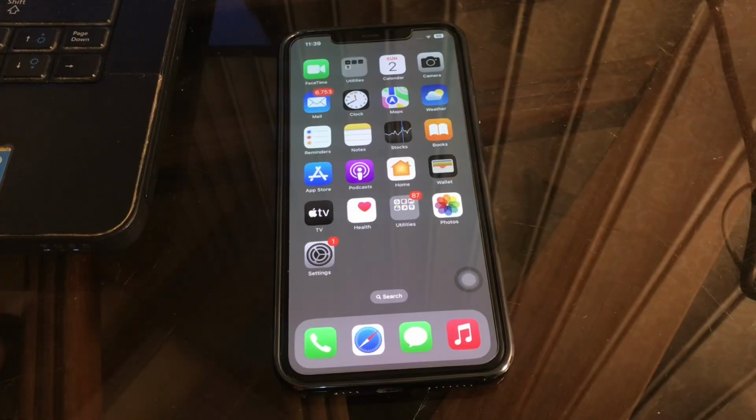So in this video I'll tell you how to find and delete hidden apps from your iPhone home screen. Many iPhone users have reported that they are unable to find some apps on their iPhone because they wanted to delete those apps from their iPhone. Sometimes we might not be aware that someone else may have hidden some apps while using our iPhones unknowingly. So instead of resetting your home layout just to get those apps on your home screen, you can try different methods for searching those apps and deleting them. So in this video, I'll tell you how you can delete hidden apps from your iPhone and home screen in